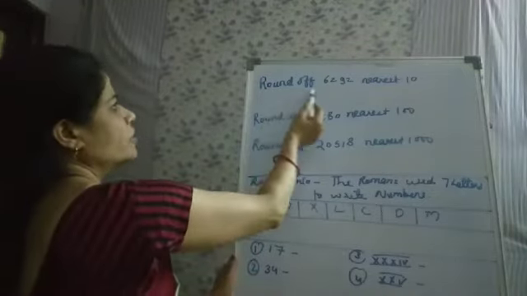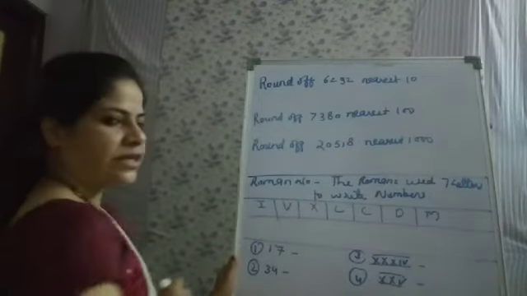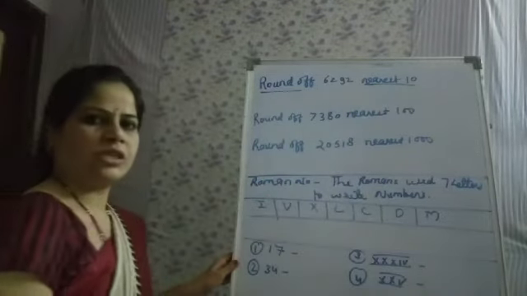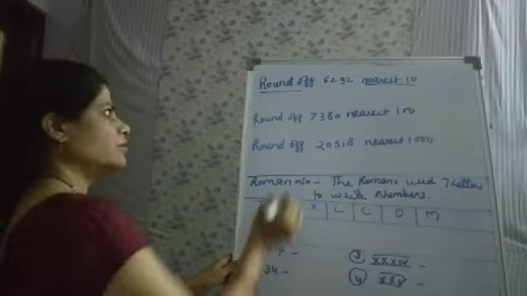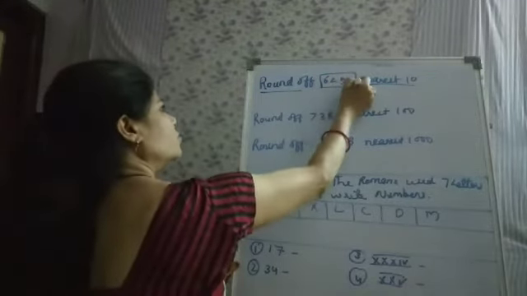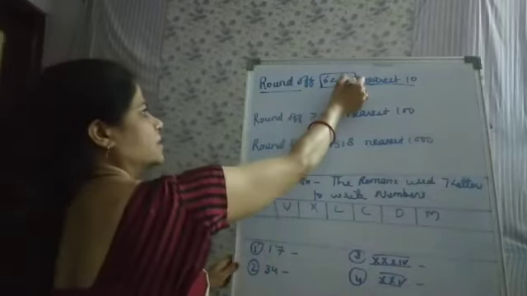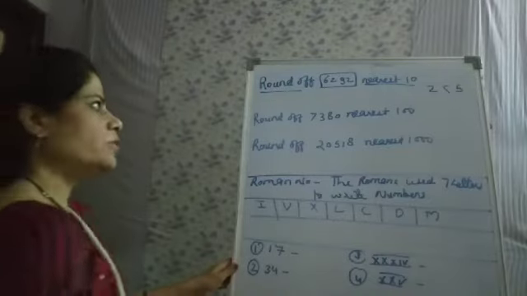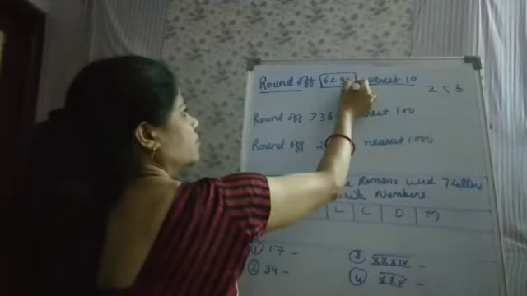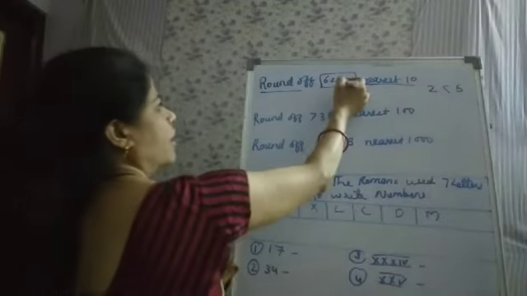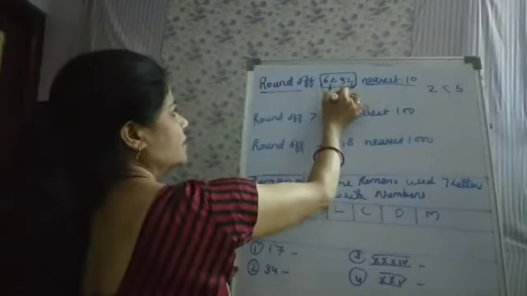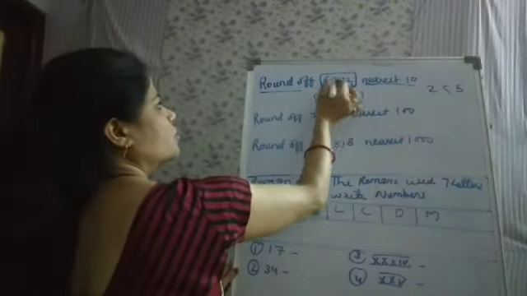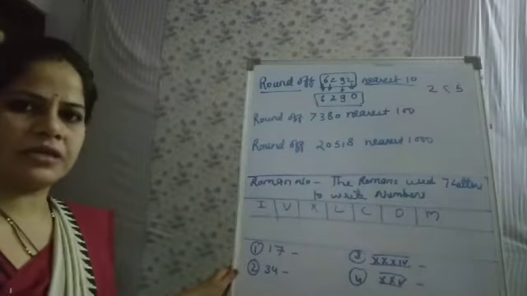Now next question you have to understand is rounding of the numbers. First you have to round off 6,292 nearest 10. Okay. To round off any number nearest 10, you have to see the ones place digit of any number. In 6,292, the ones place digit is 2. You have to compare digit with 5. 2 is less than 5. So write 0 at the place of 2 and write 9 as it is, 2 as it is and 6 as it is. So the rounding number of 6,292 is 6,290.